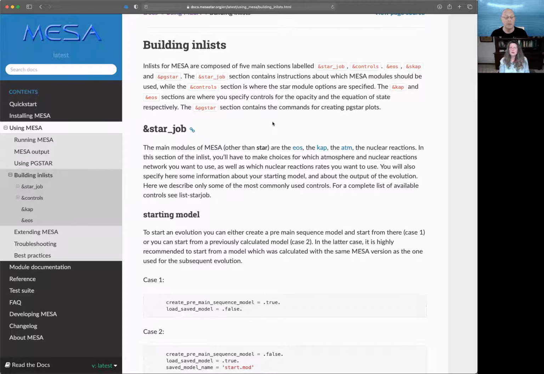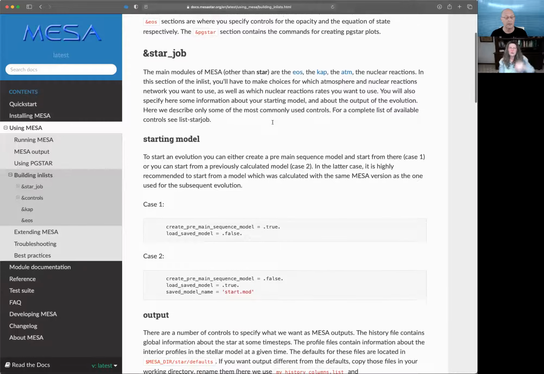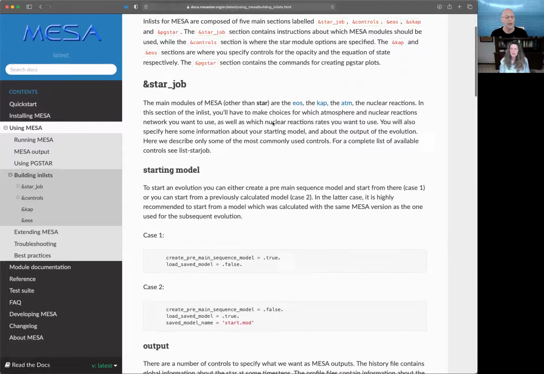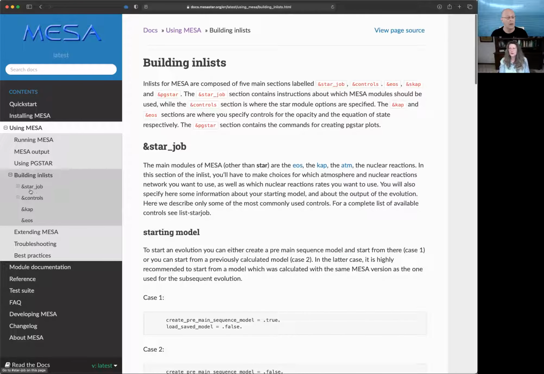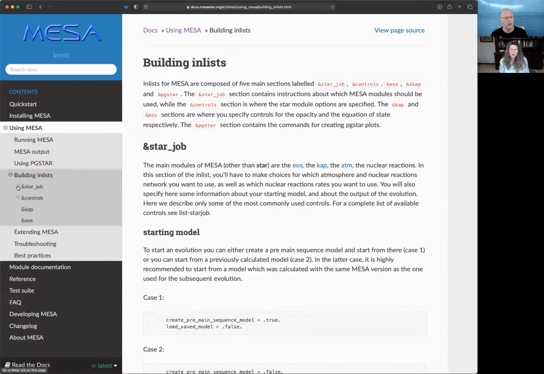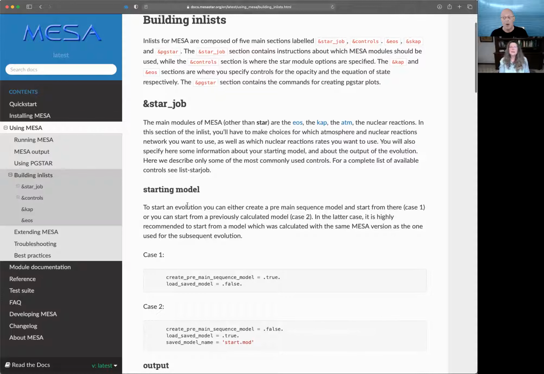So this section describes a few of these modules and controls. It's not exhaustive. We've put a few things here to start. This will be fleshed out. I mean, it will be increased. There will be much more in the next release. But this is the place to go and look for